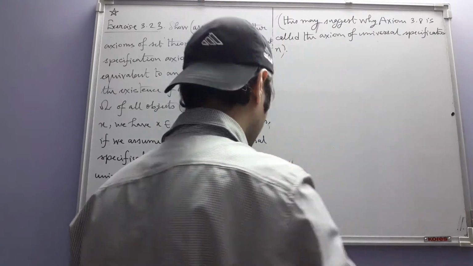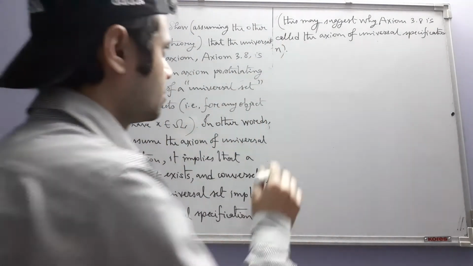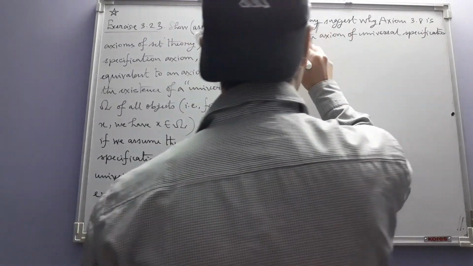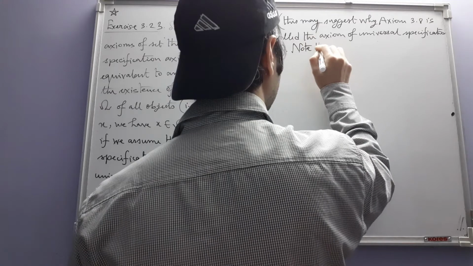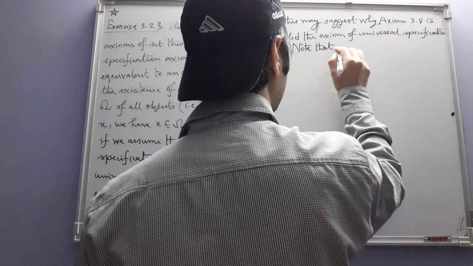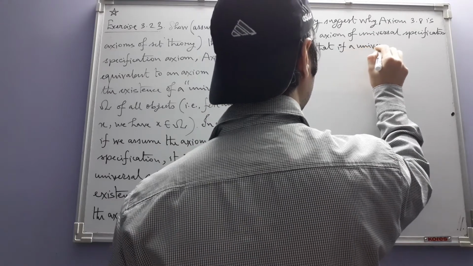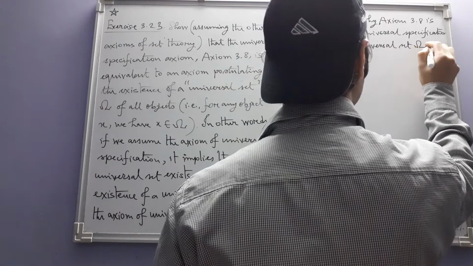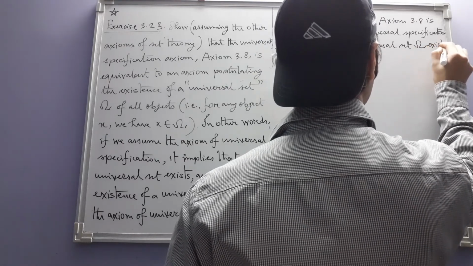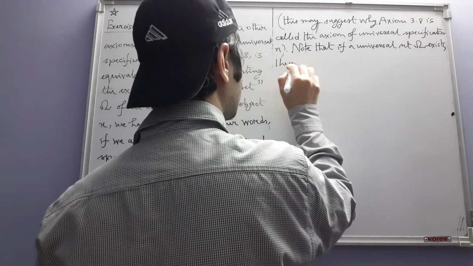Note that actually the exercise ends here, but there is a consequence. If a universal set omega exists, then